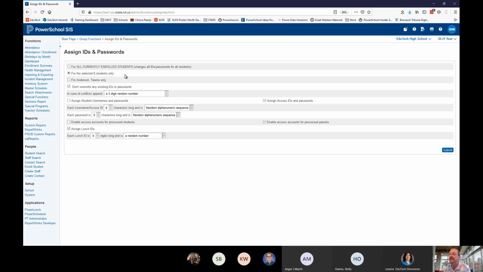For the selected 6 students, don't overwrite an existing one if they have one there. And then you can set what you want done as far as a username and password. That can work nicely, but I didn't do this because as a principal, you're meeting with those students